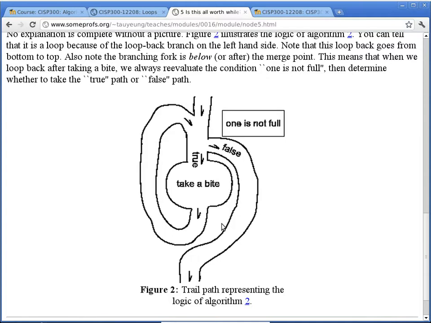And that's why it's called a pre-checking loop, because we check the condition before we perform the action. So in this case, if I were to use the channel surfing example, then this condition here, "this channel is not what I like," will become the condition. If the channel is not what I want, which means the condition is true, I will go here and press the up channel key, and it will go back to reevaluate,